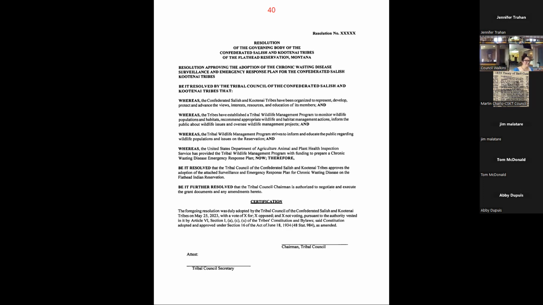Okay, really appreciate the studies that you've been doing on this, and I know in the future, as we get close to hunting season, we should probably get more education out there to the membership and let them know, because we are going to be setting up check stations, correct, for monitoring this. Is that going to be in the plan?